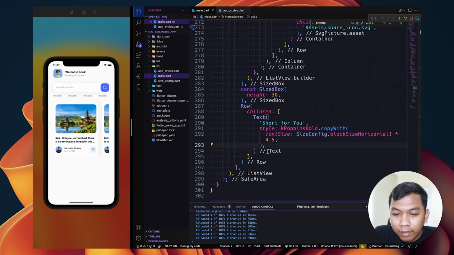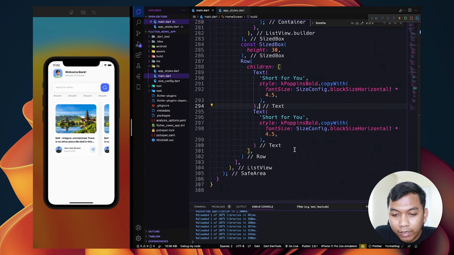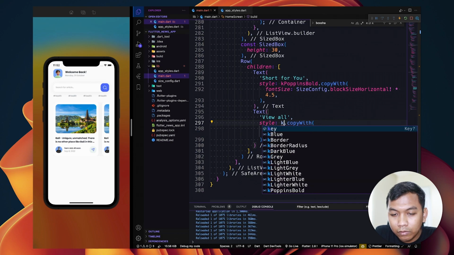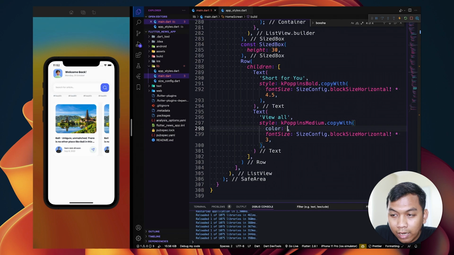And we need to duplicate this, give a comma here, and change this to View all, and change to medium, and we need to change to 3, and we need to change the color to be blue.